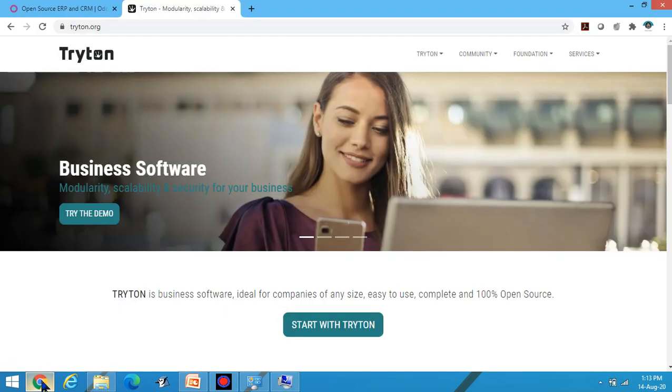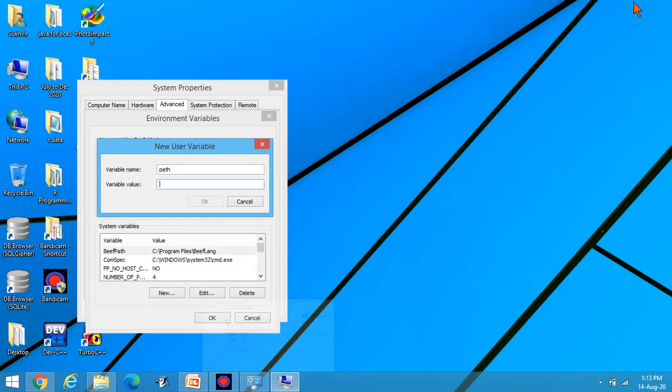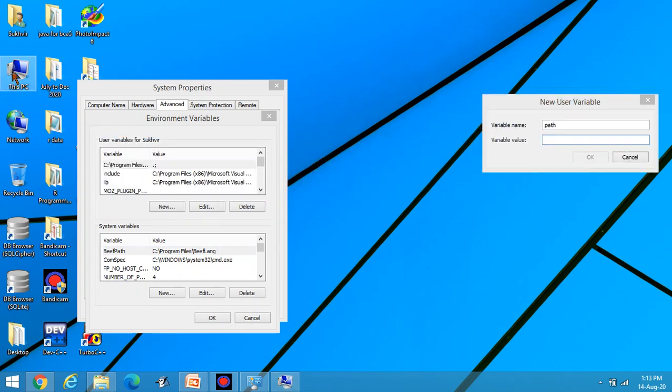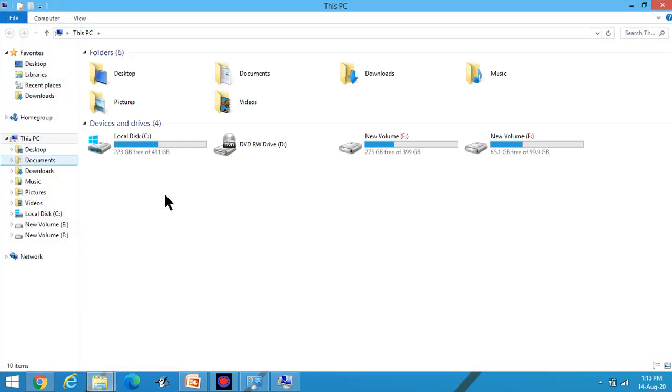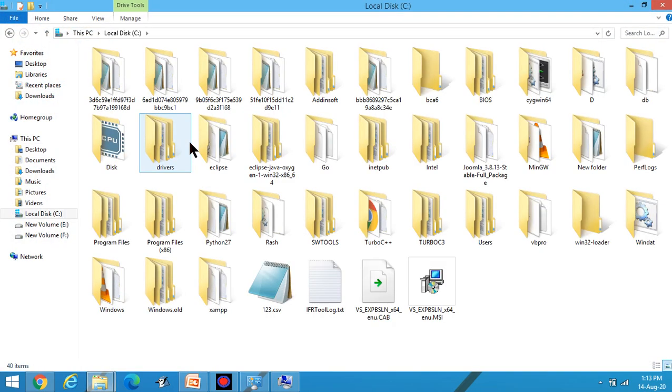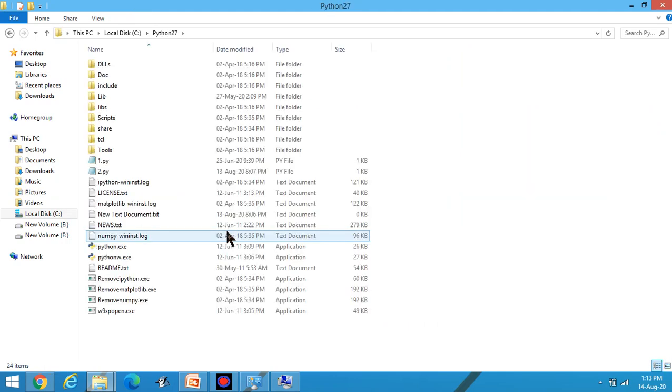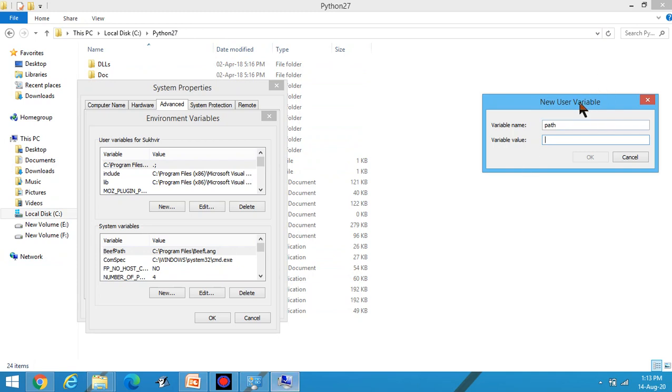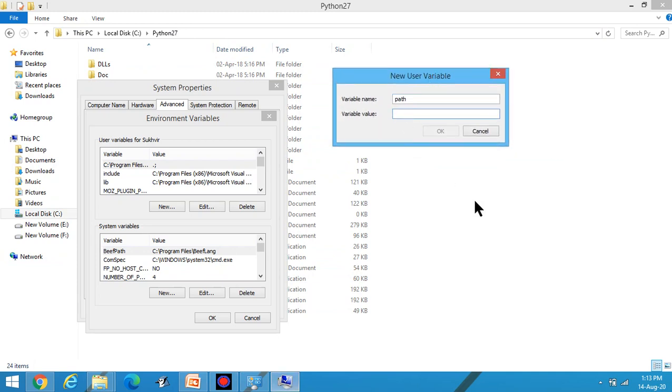Now for that, after the installation, you will get one folder in the C drive named Python 27. This one is the folder, and copy the path here and paste in variable value.